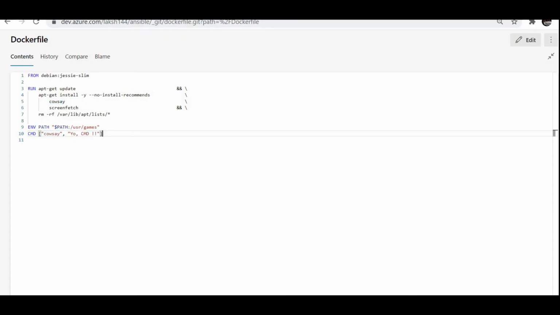So we have basically two types of commands. CMD and entry point is one more command which is similar to CMD. CMD is basically used when we want to specify some basic arguments, like if you want to create any generic image, and the user can override these parameters also.